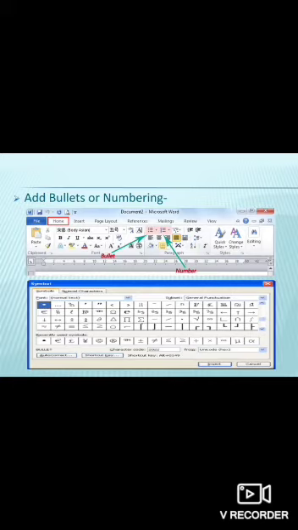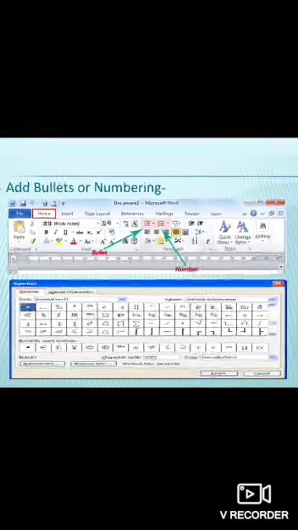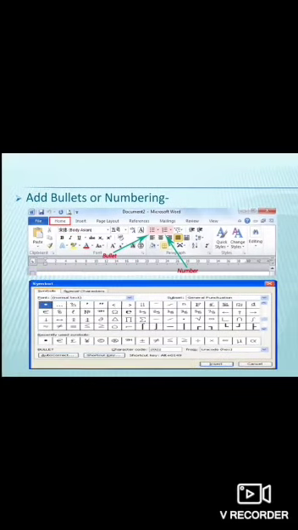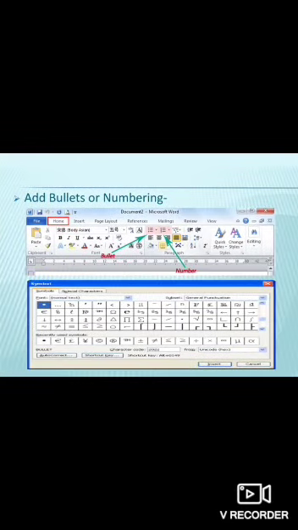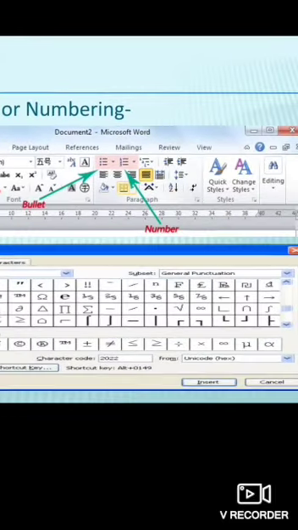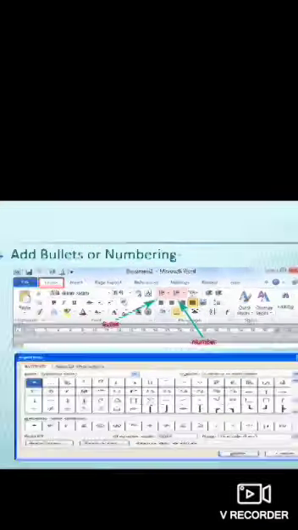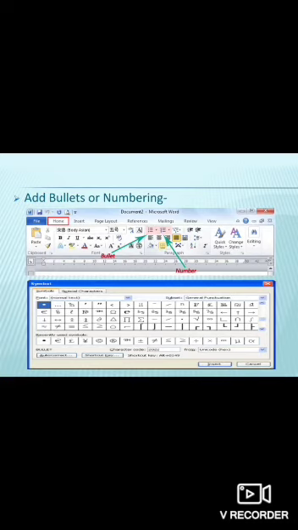First, we need to select an existing list. Then click the bullet drop down arrow. Select define new bullets from the drop down menu and a bullet dialog box appears. You can even click symbols button and a symbol dialog box appears as you can see below. Then you can select the symbol of your own choice and then you need to click on the insert command. Click OK to apply the symbol to the list in the document and the changes will be done.